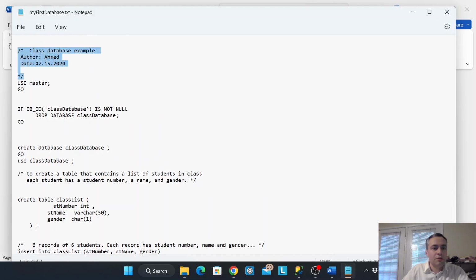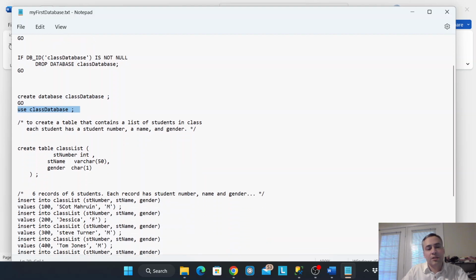This is a comment. This is to use master. We briefly mentioned that. This is the code in order for the actual script to be able to run multiple times, each time just removing the database if it exists and recreating it in the next line. So this is creating database, and then we're switching to this database, and so that on the next step we